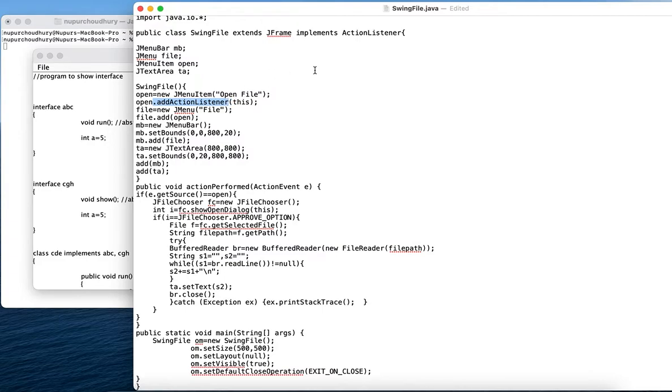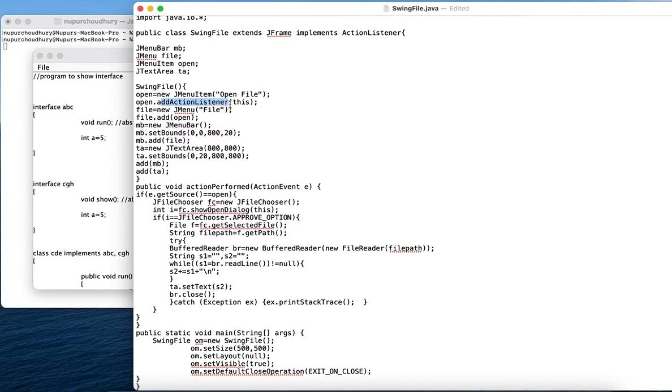We will not have a separate line of code for adding it later; we will add it with the object which has been created as a menu item. So addActionListener this, that means within this particular instance only we will be using the addActionListener.